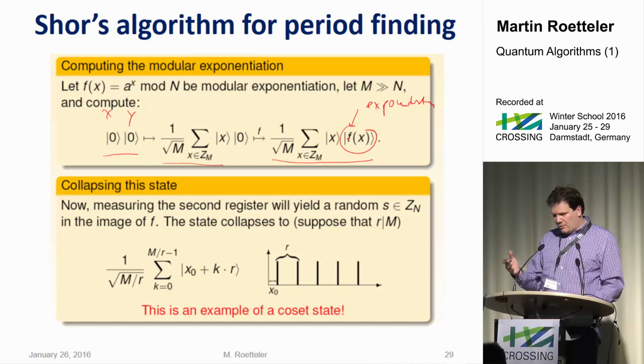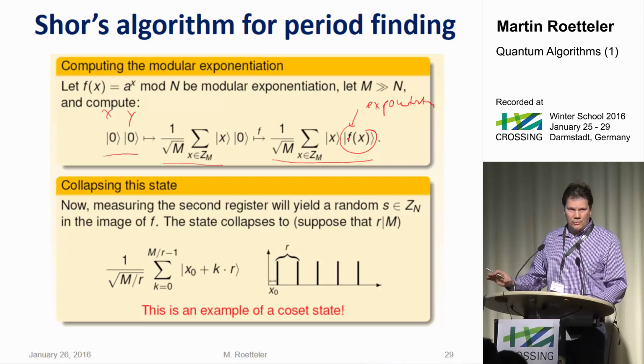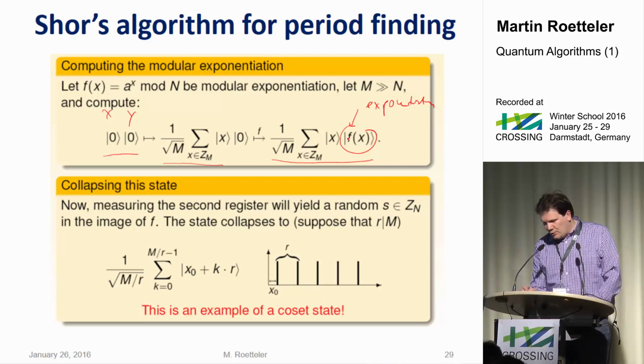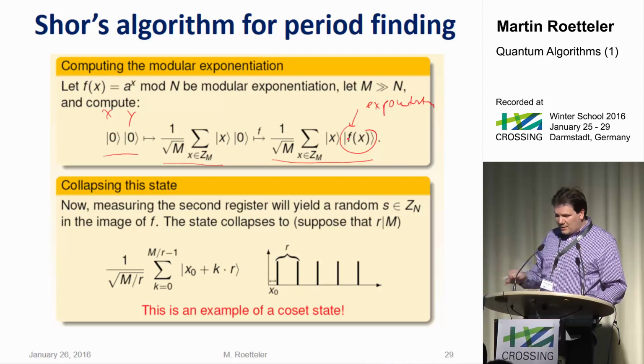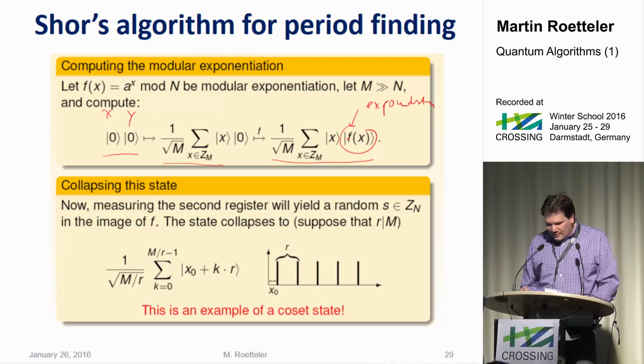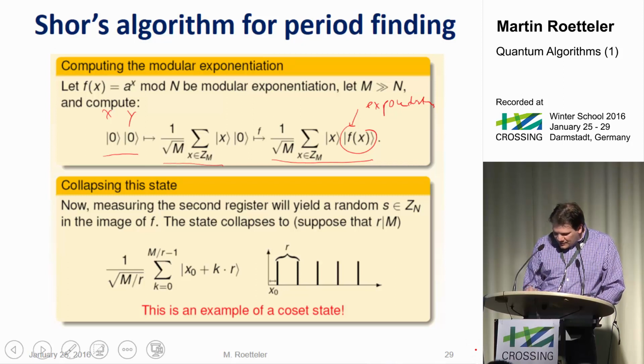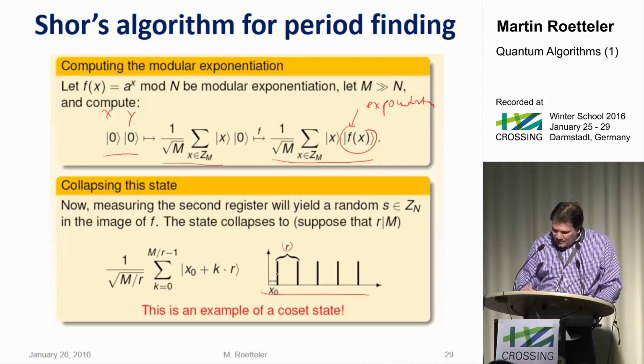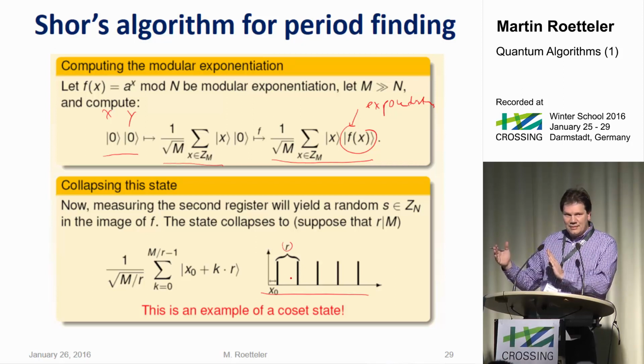Then, as you heard from Renata's talk, if you ignore part of the system, mathematically you trace over that part. And one can show that the algorithm works equally well if you just trace over that register and ignore it from then on. You can still learn the period that way. What happens though if you were to measure it, and it's easier to think about in that case, at least I find it easier, then your state will look like this. It will be periodic. The period r will be the spacing between these peaks.